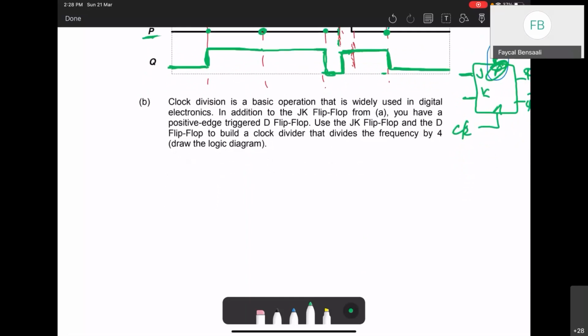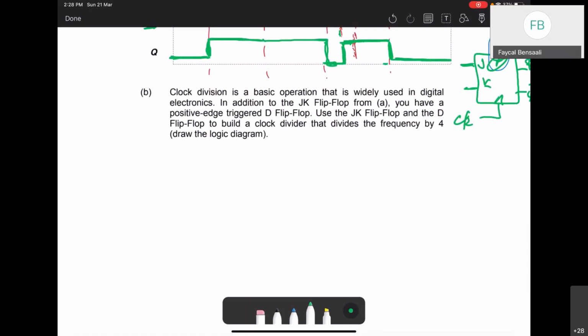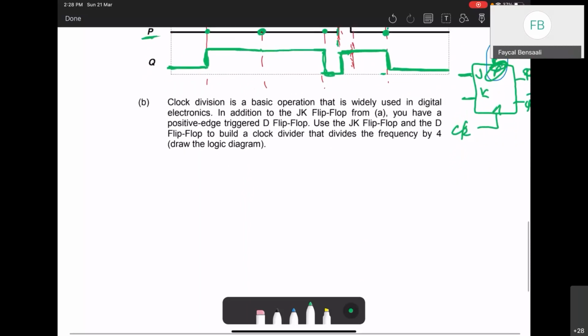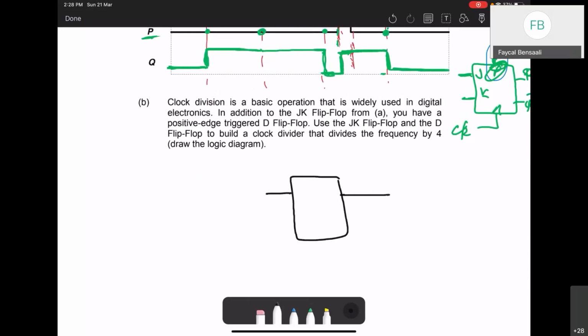Right. Last question. We did clock divider in the lecture, and if you remember, with a D flip-flop, by connecting the D flip-flop this way, so this is Q bar, this is D, and of course you have clock, this Q, the frequency of the signal Q here will be half of the clock here,